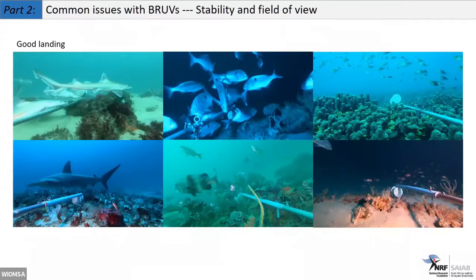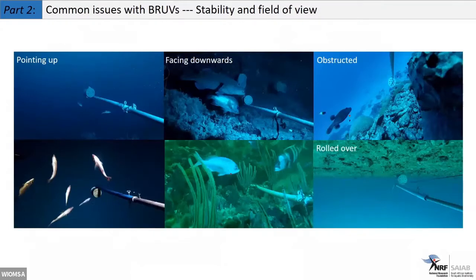Ideally, you want the camera's field of view to include roughly equal amounts of seafloor and water column, as you're then able to detect both the benthic and demersal fish species. However, because most reefs are naturally variable in structure, with bumps, ledges, cracks, and crevices, the BRUVs often end up pointing up or down, and at worst falling over. This results in quite a bit of variability in the view of the reef habitat